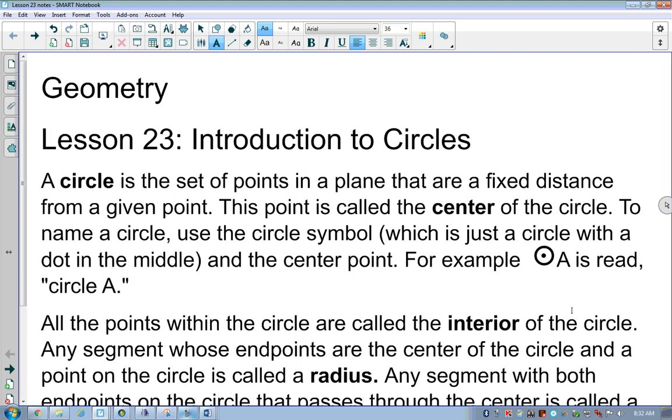Geometry, Introduction to Circles. So this is going to have a lot of terminology. Hopefully it's things that you're already familiar with, but if you're not, some things that you want to make some notes on. A circle is a set of points in a plane that are a fixed distance from a given